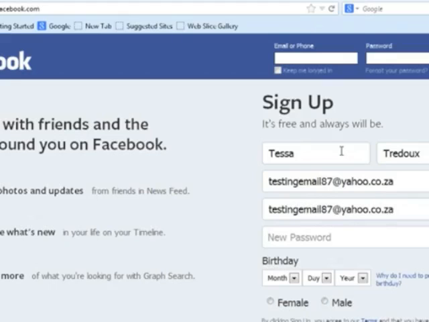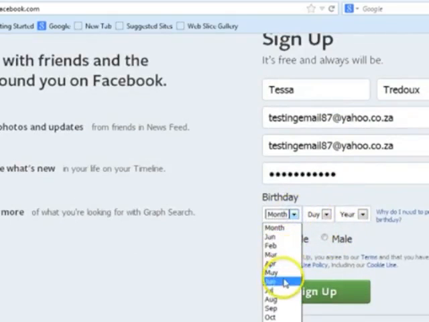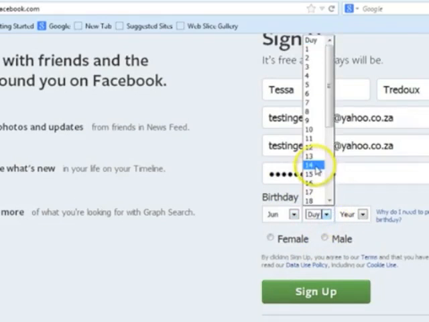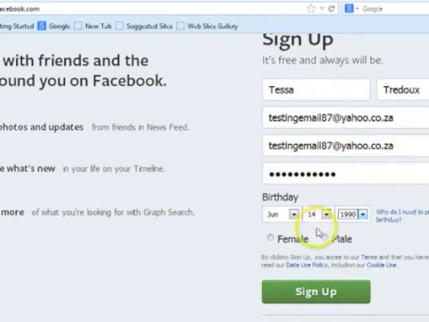And choose a password. Choose your birthday. Choose whether you are female or male. And click on Sign Up.